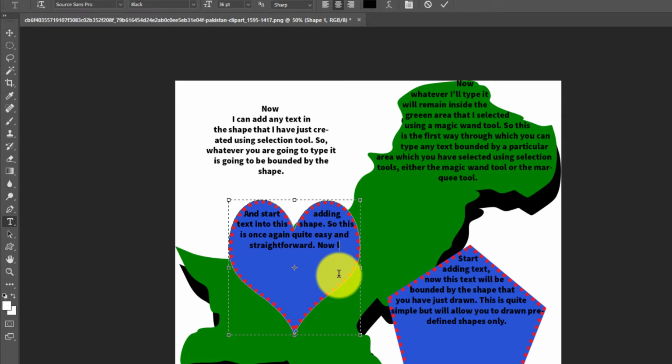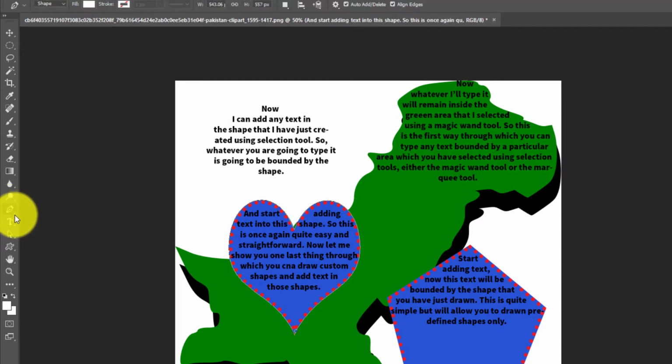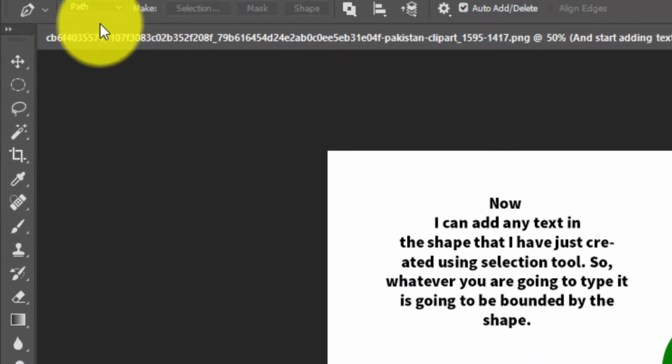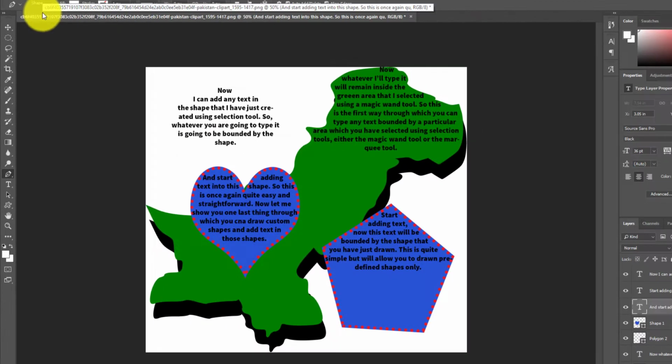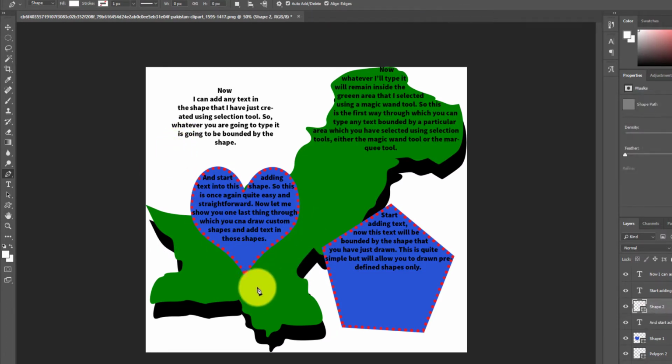Now let me show you one last thing through which you can draw custom shapes and add text in those shapes. Okay, so the last thing is you can use a pen tool as well to draw a shape. So for that, select the pen tool. Make sure that over here it is not the path, but it is the shape. Now draw the shape, whatever shape you want to draw. For example, I'll draw this shape,